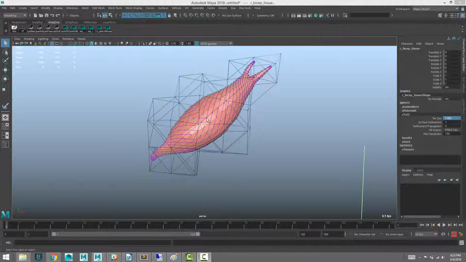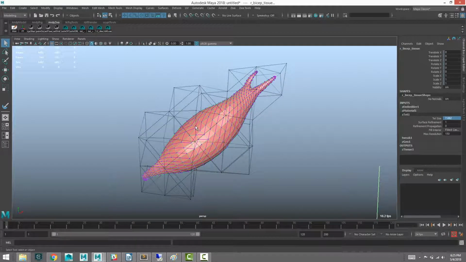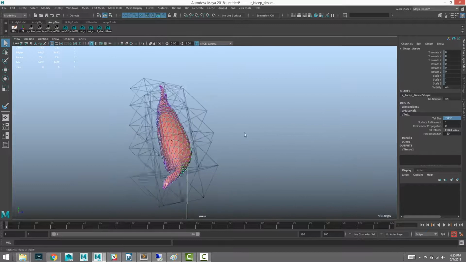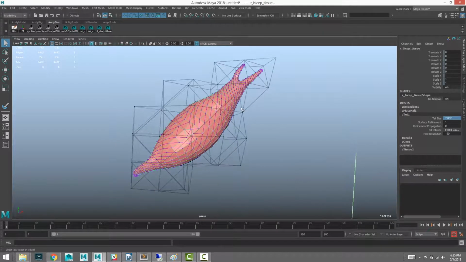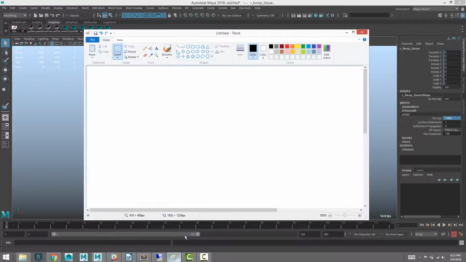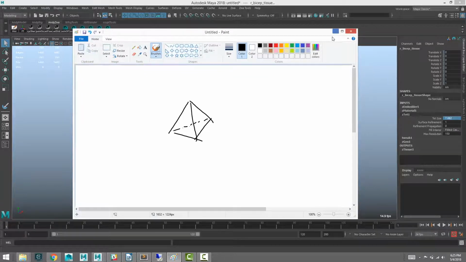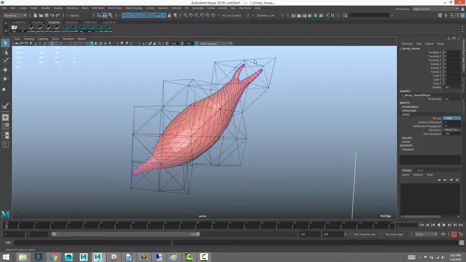In this video we're going to be talking about the tet mesh, which is this sort of lattice looking thing around the muscle geometry. The word tet in tet mesh is short for tetrahedron, and the tetrahedron is the simplest possible 3D primitive with volume. So if I was to draw it, it would look like that. And so our tet mesh is made up of multiple tetrahedra, and so each tetrahedron is an element